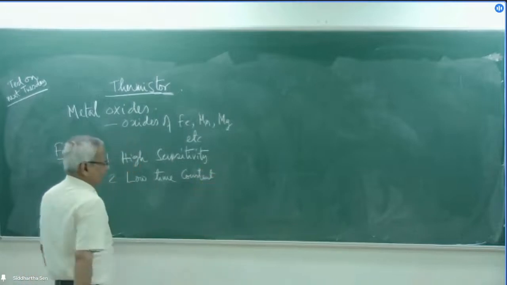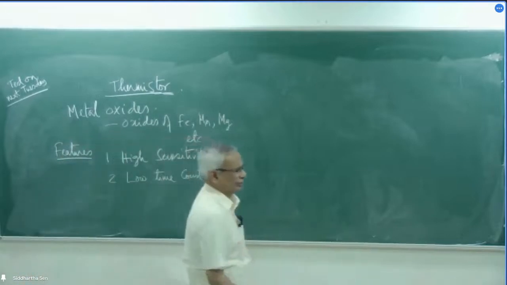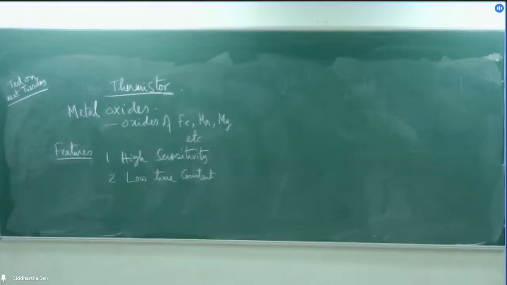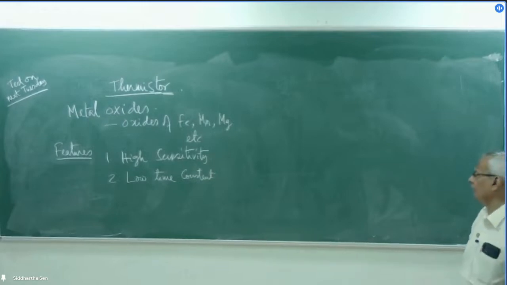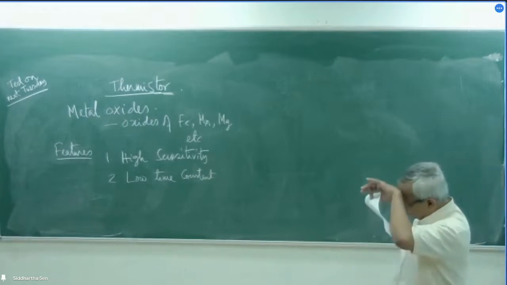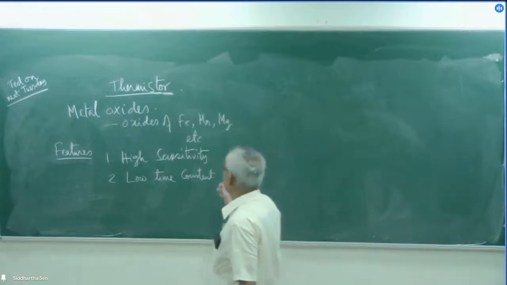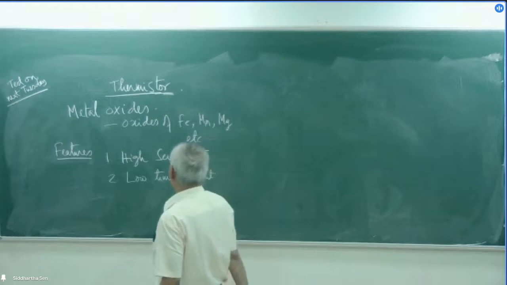We have seen the RTD has to be used inside a well, and the thermal well has some thermal mass, so the time constant is significant. Maybe a few seconds or like this. But here we can achieve with thermistors